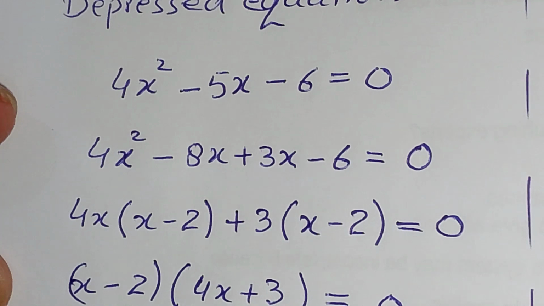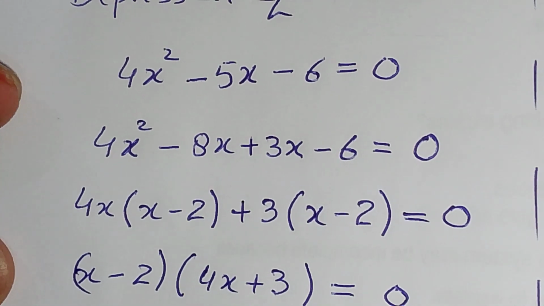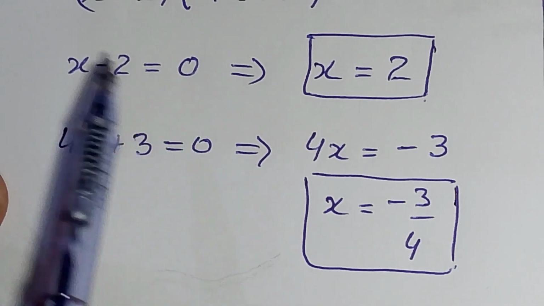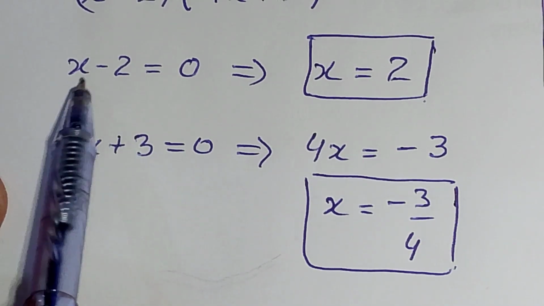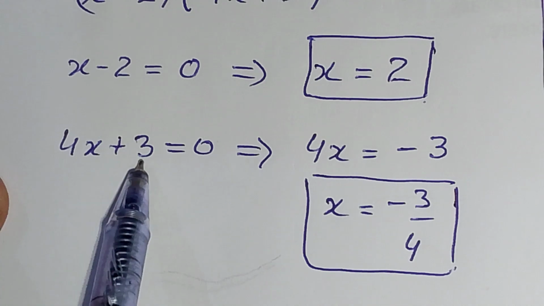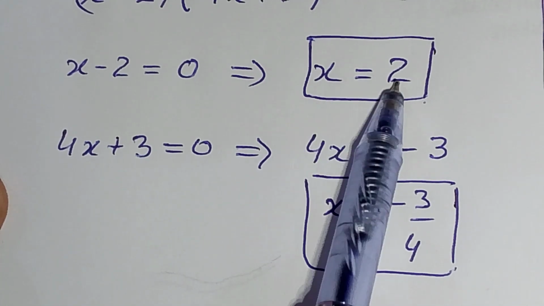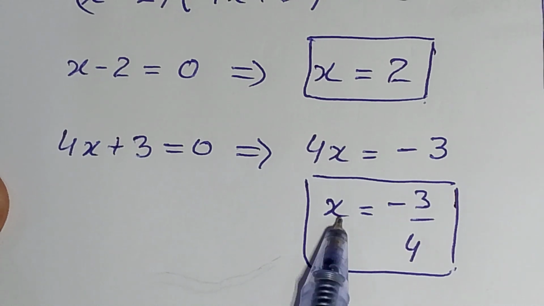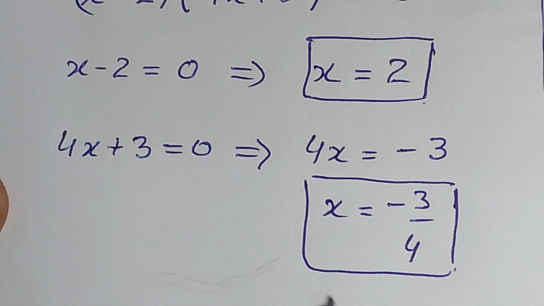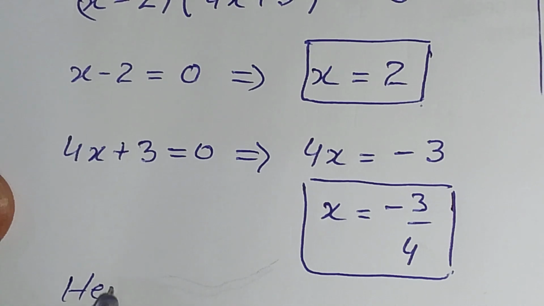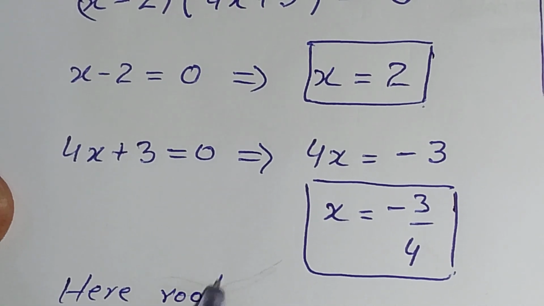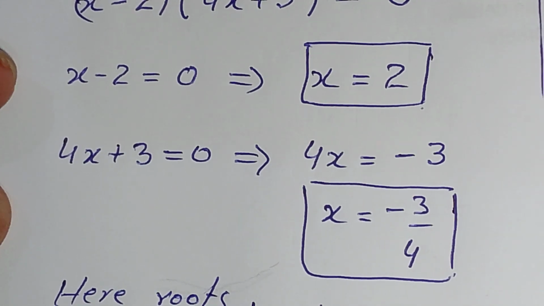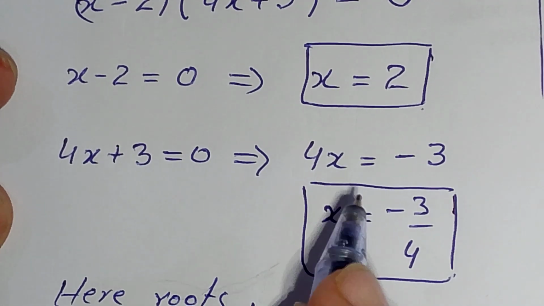So two roots are here, hence the roots. Here again I explain, sorry, it was missed from the screen. So x minus 2 is equal to 0, 4x plus 3 is equal to 0. Here x will be equal to 2 and 4x will become equal to minus 3. So x is equal to minus 3 by 4. Here the roots are minus 1, that was already given, and 2 from here